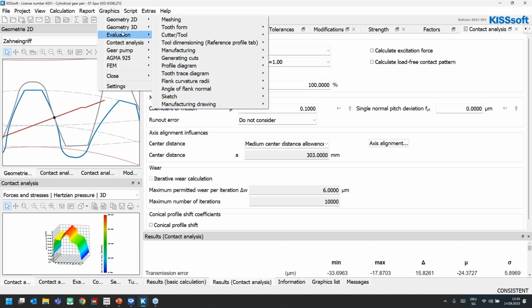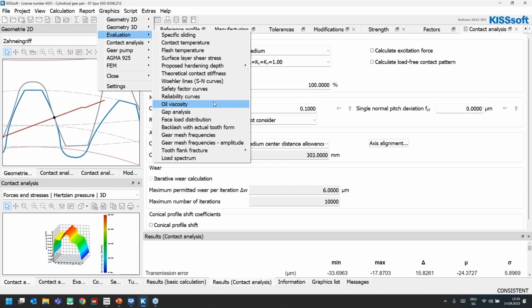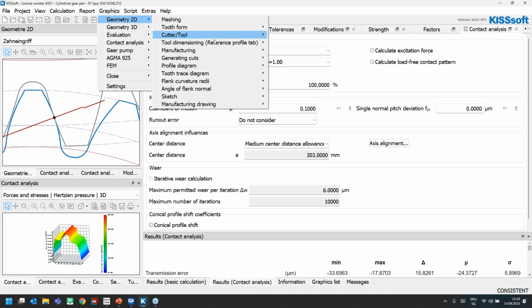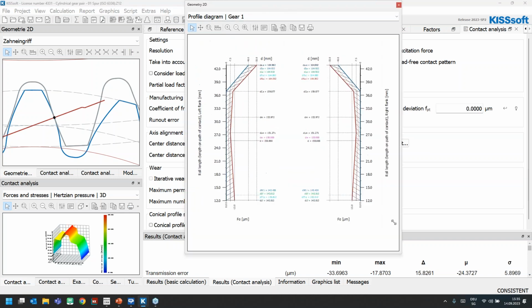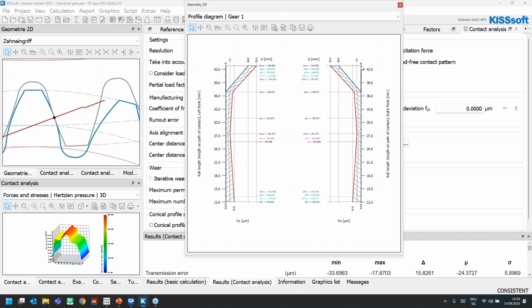However, I would not recommend using this linear tip relief. The problem is that at this particular point, the straight line would be the involute, and then from here we start removing material. So there's a very sharp corner. What happens there, we don't know, right? Maybe there is some sort of running-in effect, but